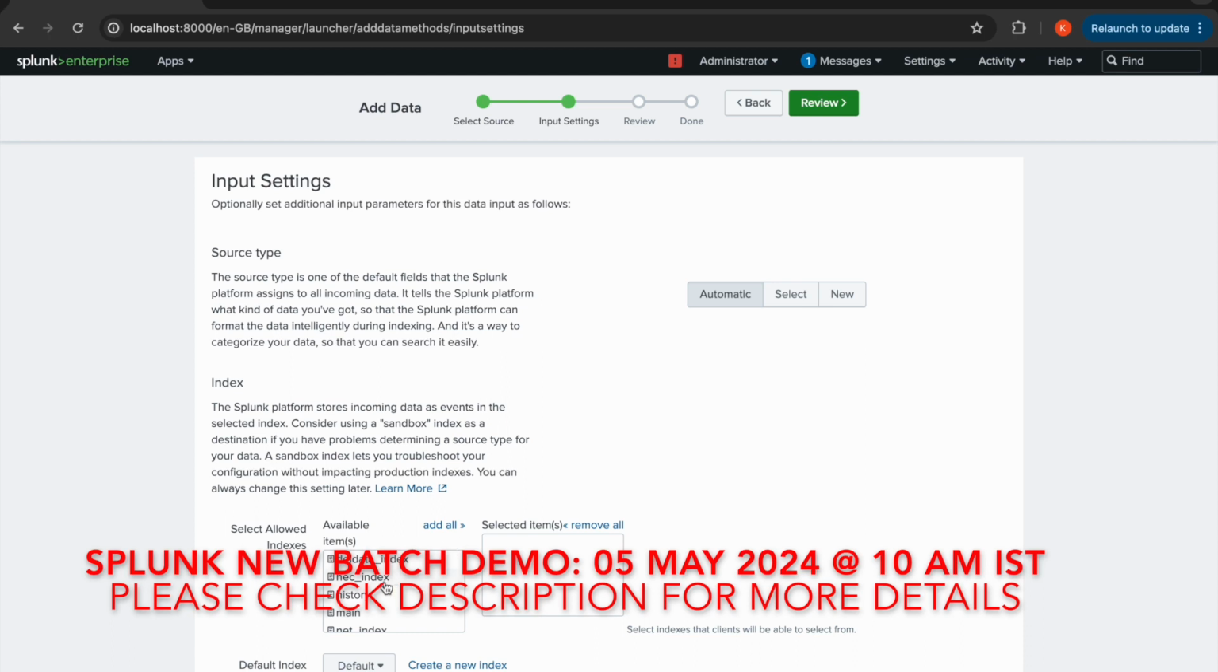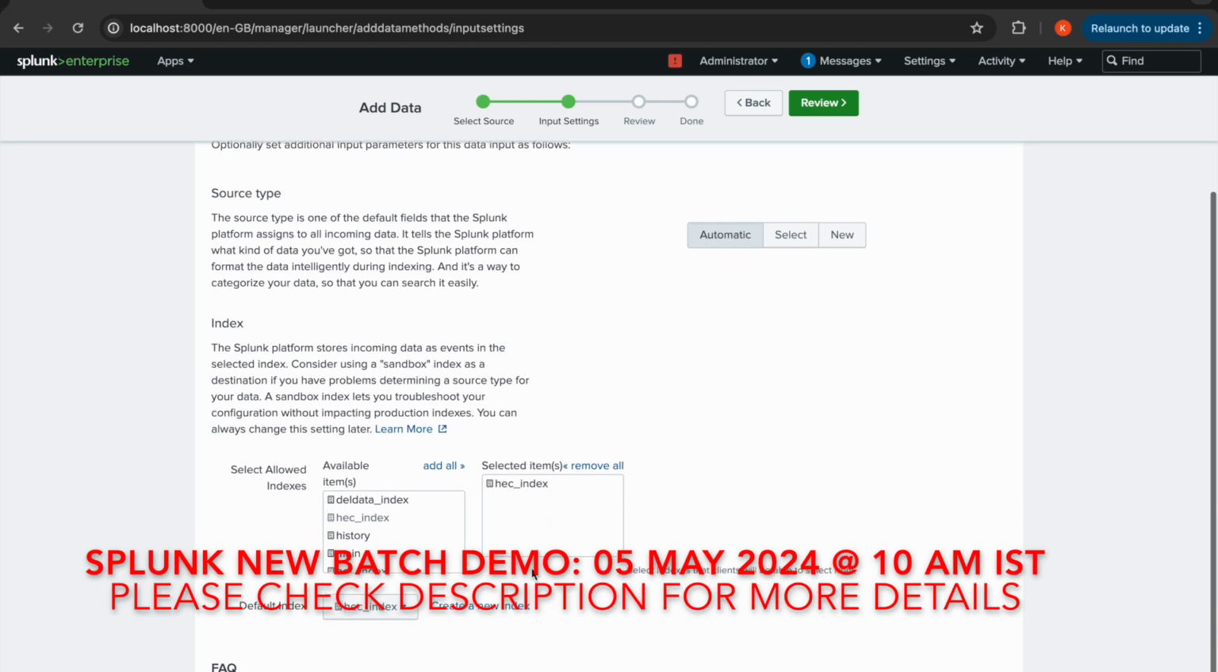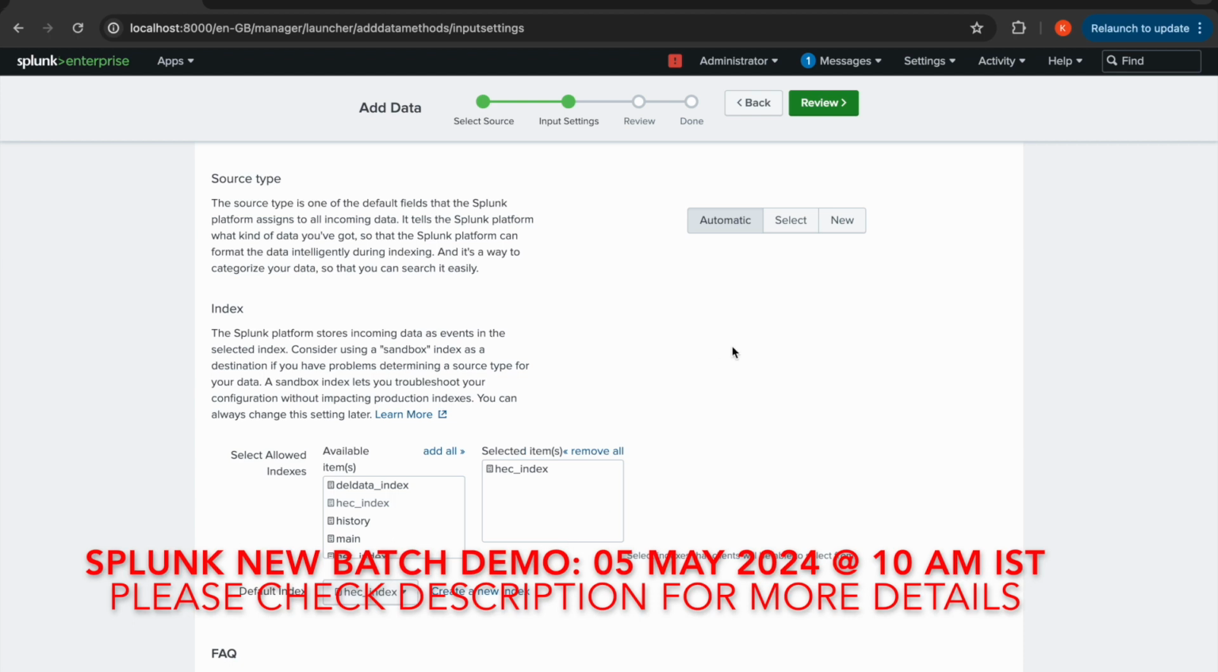And here I will be taking my HEC_index, right? So here I will be taking HEC_index. These are the allowed indexes. So I'm allowing this particular index to get the data. And the default index also I am using is the HEC_index itself. In the allowed indexes I can create one or more. Not only HEC_index, even if any other index you want to put, I can always put, but this is sufficient for us to check whether the data is ingesting or not. So I'll be using the HEC_index as my allowed index, and the default index also will be HEC_index. Now if I click on Review,